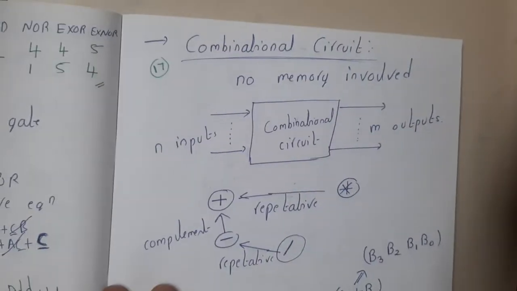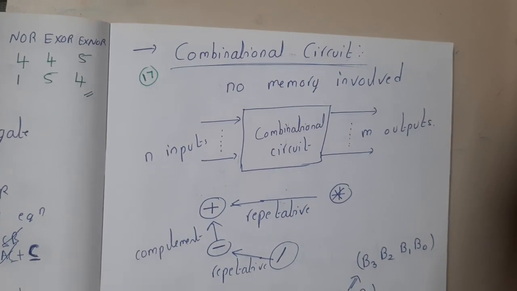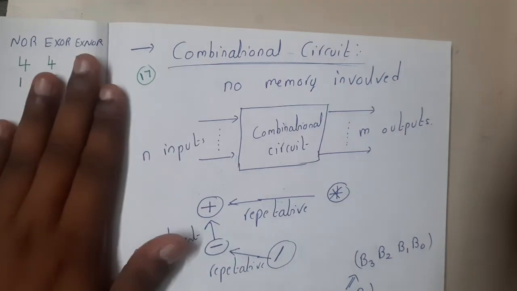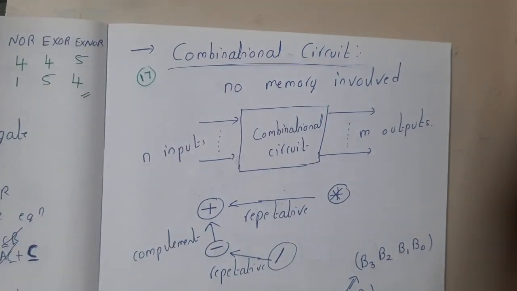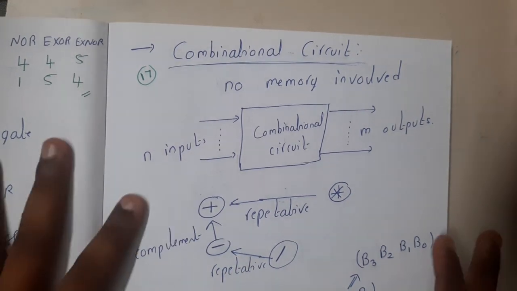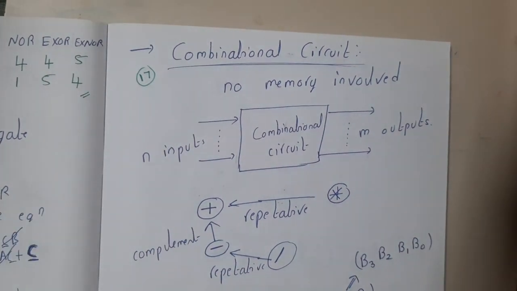In the next lecture, let us discuss combinational circuits, guys, basically what exactly combinational circuits are and all those things. I hope everyone got some basic idea of the previous topics, like K-maps and all those things. Please practice some problems, guys. I hope everyone got a clear idea. In the next lecture, let us continue with combinational circuits.